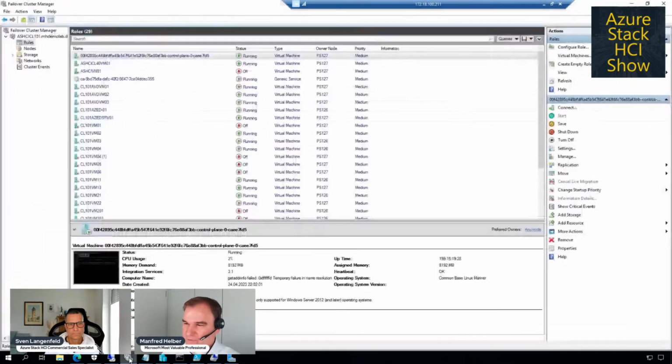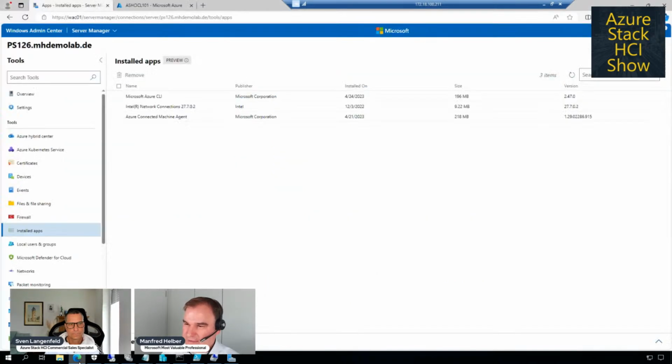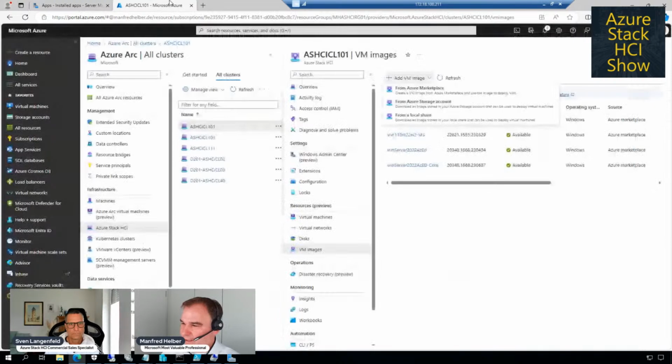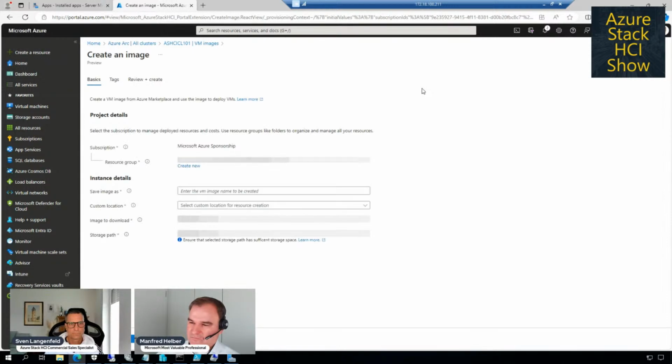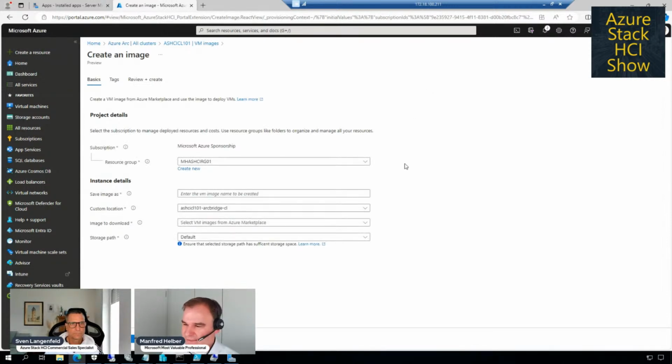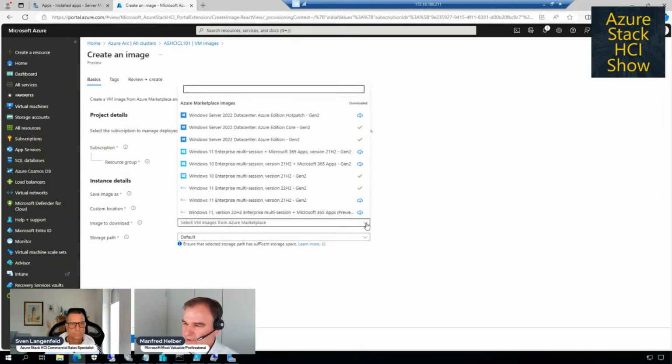And I did this in my environment. And this machine here represents the Azure Arc resource bridge. And when I now go back to the Azure portal and I select here the images, when I say, okay, let's take this VM image from the Azure Marketplace, then I have a form where I can select images from the Marketplace.